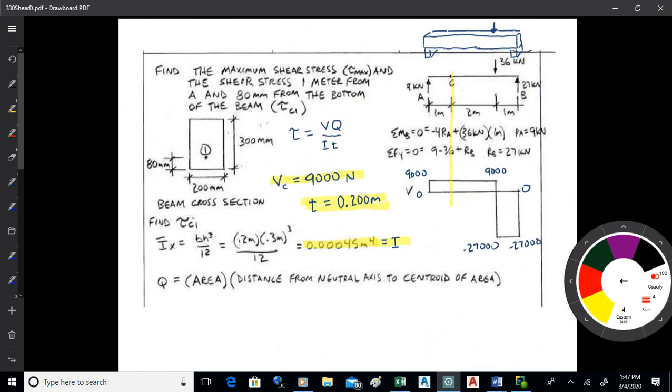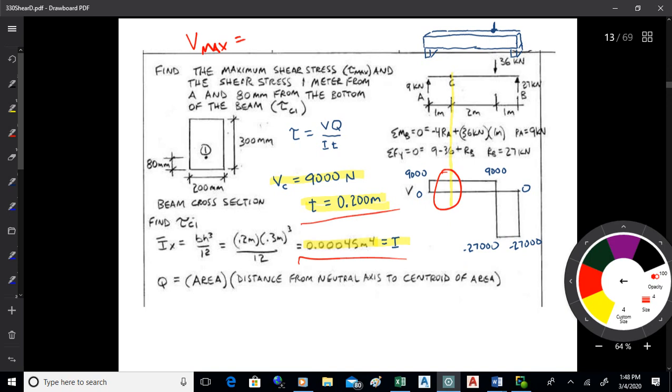All right, so I'm getting 9,000 on account of that reaction. Then when the load's applied, it'll drop 36,000 down to negative 27,000. So I'm getting VC is 9,000 because it's right in there. We got I there, 0.00045. The thickness of the beam is 0.2. And then if we need V max,